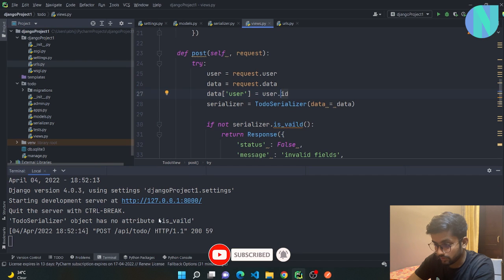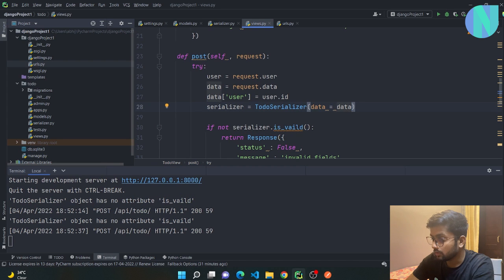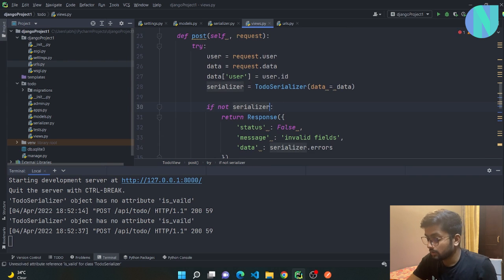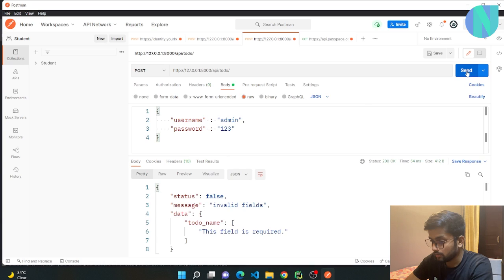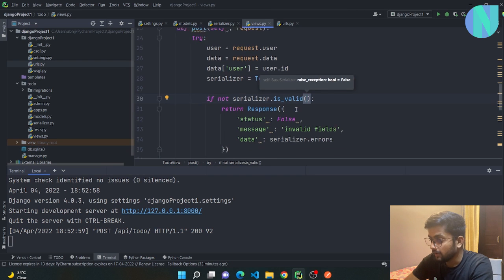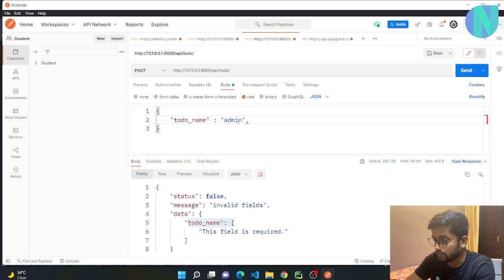something went wrong. Todo serializer has no attribute is_valid. TodoSerializer data equal to data. What's the issue here? data is equal to data. serializer.is_valid. I don't know why it won't work. Okay, so what we are getting is we are required to give a todo name. So let's do todo_name, and when we pass the todo name, it is called buy milk,